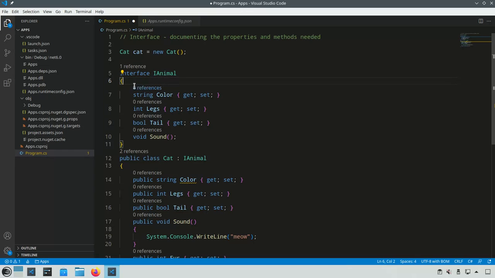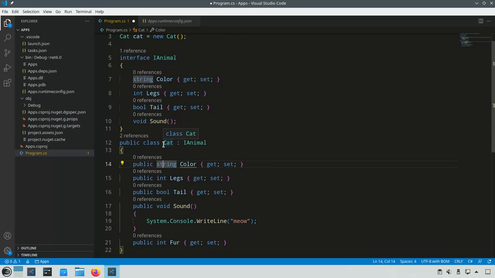Let's give an example. Let's create an interface, interface iAnimal. I'm going to create an interface for an animal class. I'll put some properties: color, legs, tail, and sound. So I use this as my interface. From now on, for any type of animal that I create, like a class cat, whenever I create a cat that implements iAnimal, the interface class,